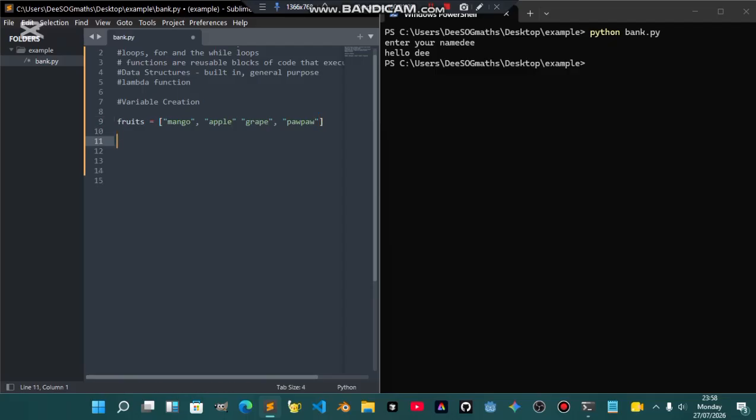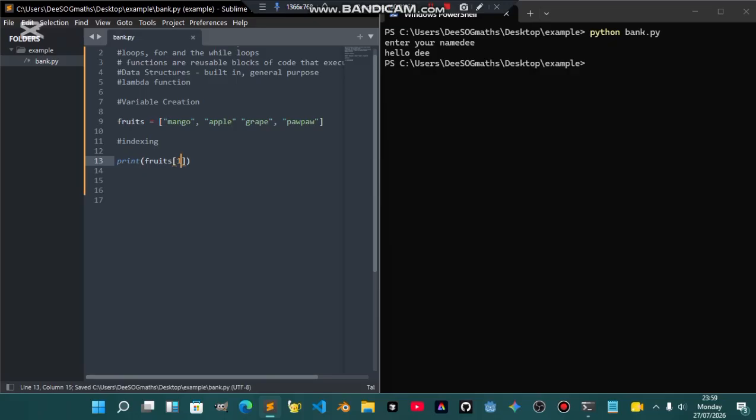Now what do I mean by a list being dynamic? After you create a list, you can access an element in that list using something called indexing. Let's say you want to access the element apple. I told you that by index, mango takes 0, apple takes 1, grape takes 2, pawpaw takes 3. To access something, you use the list name, in our case fruits, followed by square brackets, then the index number of the element. The index number of apple is 1. So if we print this,